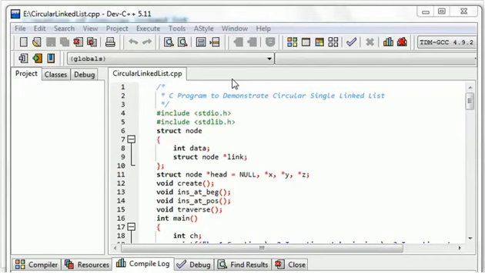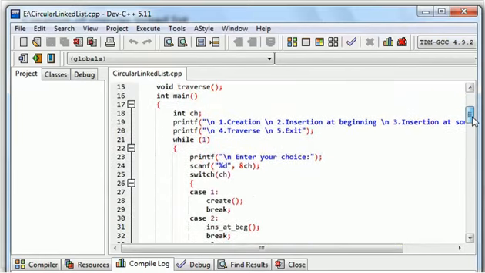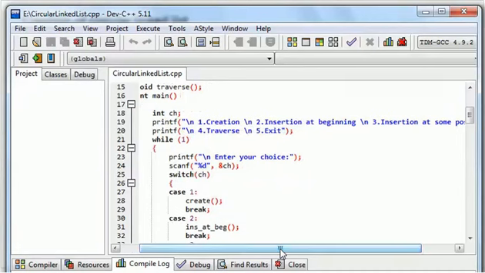And this is the structure of node which I want to create. We have already discussed this structure in my last video, so we know how this is working. And these are the prototypes of the methods that I want to write. Now you can see that it's a menu driven program, and in these two printf statements I have created the menu. While 1, I'll keep on displaying this menu until and unless my user exits out of it.